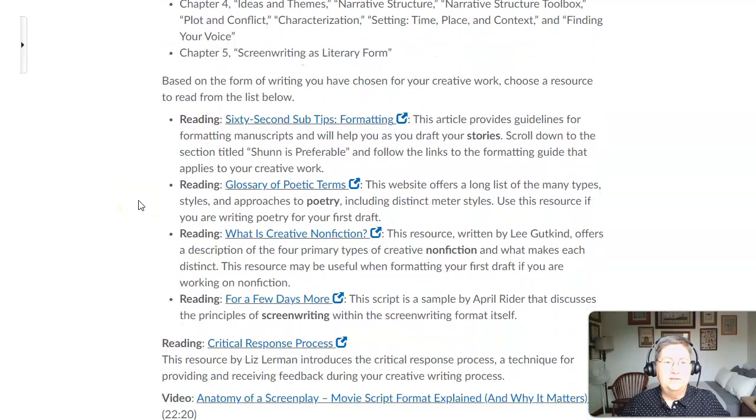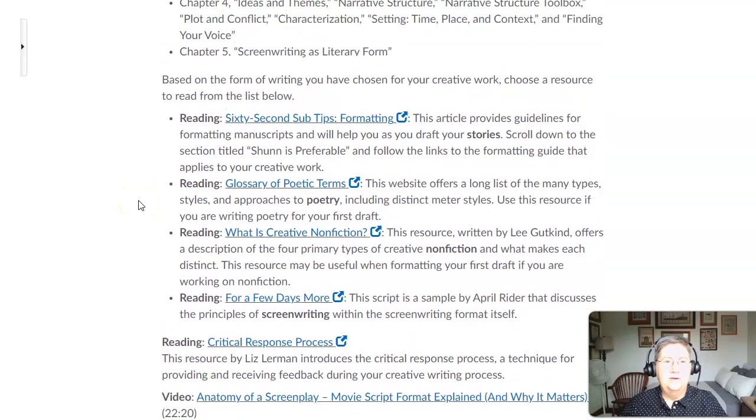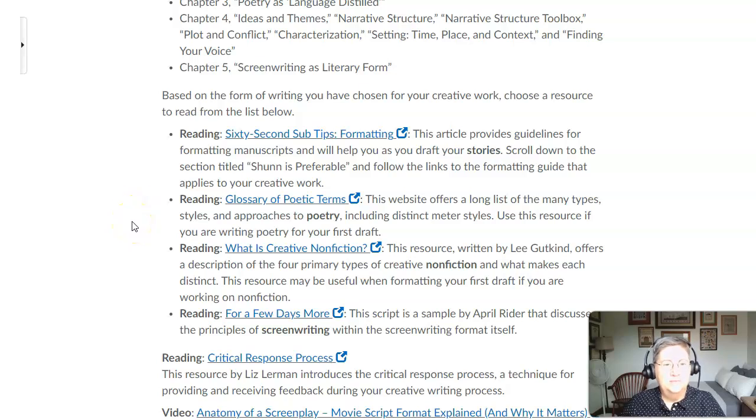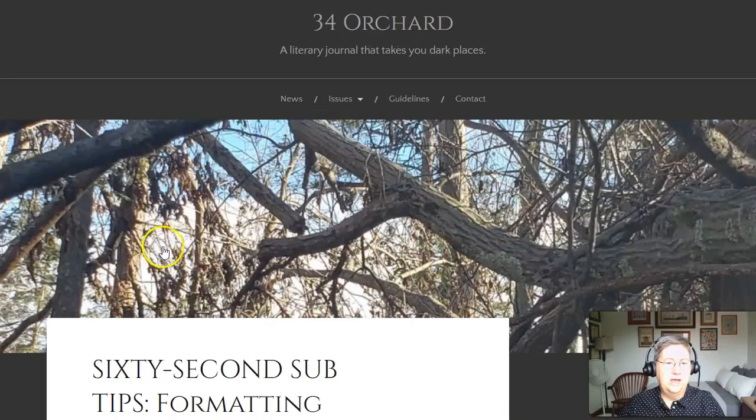Underneath the list of readings in the textbook, there are a series of links to readings that will help you with formatting and organizing your creative work, whichever of the 4 genres that you have chosen. It's a little bit scattered, and so I want to just quickly go through and show you where some things are. And then there's also some notes in the Module 5 announcement pointing you in the direction of some specific things that you might need. So starting at the top, the 60-second sub-tips formatting, if we click on that, it takes